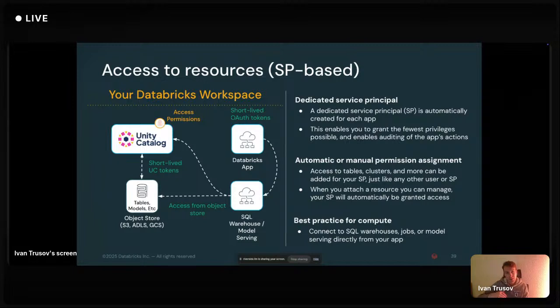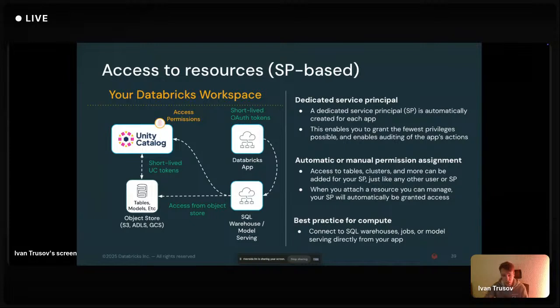You may ask, okay, but this is service principal based, so any user of the application will go under this service principal. And yes, this is the current status of Databricks apps. However, we are planning to change the status quo when we're going towards GA. And Giran will be talking about this when we get closer to the roadmap section.